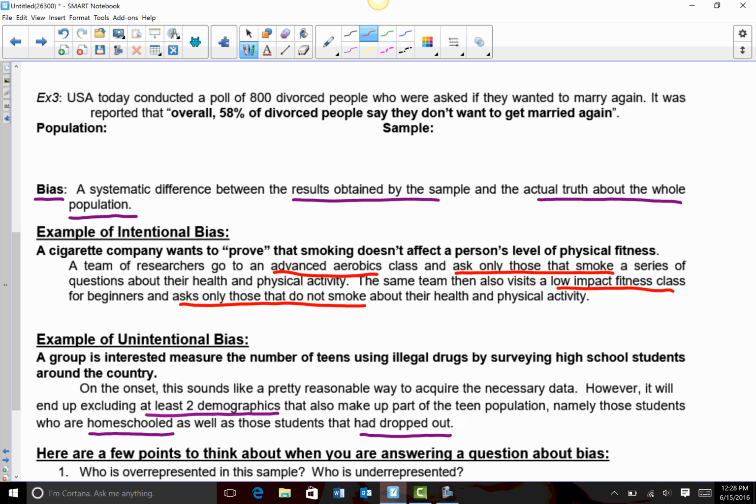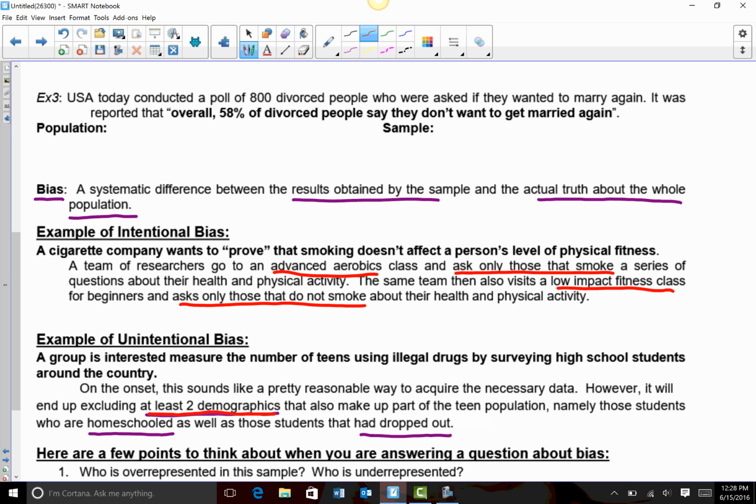An example of unintentional bias. A group is interested in measuring the number of teens using illegal drugs, and they want to just survey high school students around the country. Just by looking at that, you may say, okay, if I'm surveying high school students and I want to know if teens are using illegal drugs, then that's a good place to get my data. However, if you think about it a little further, at least two demographics are going to be